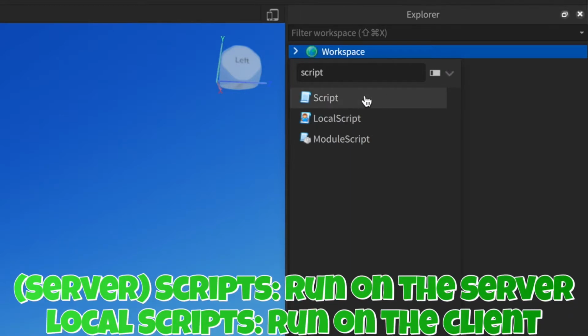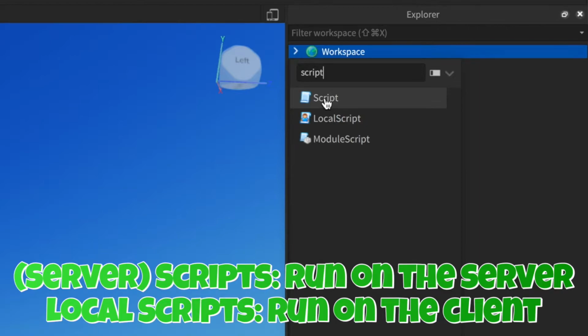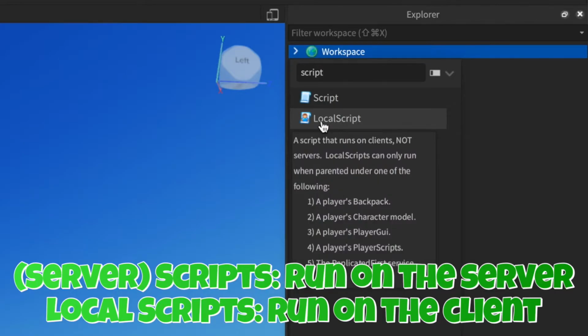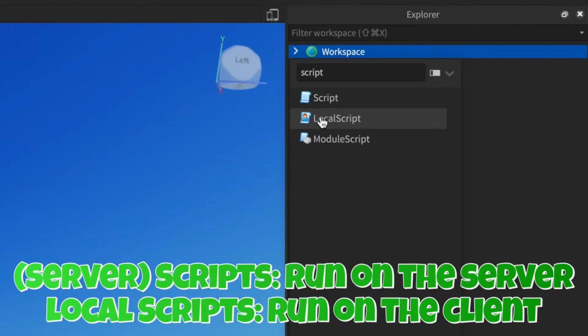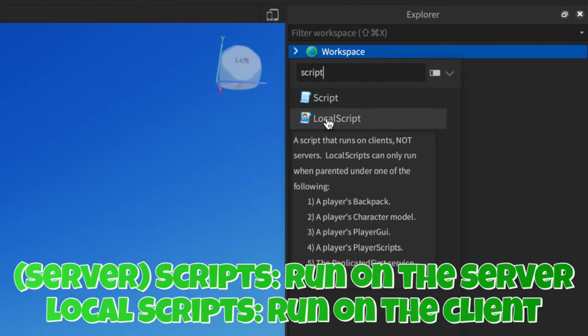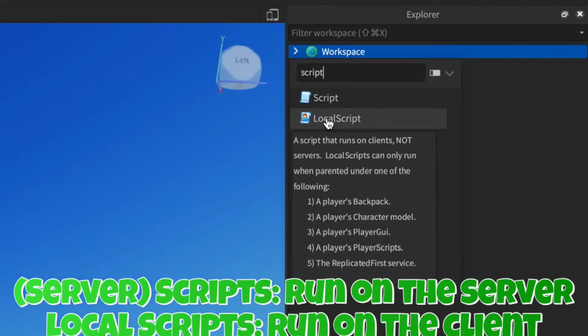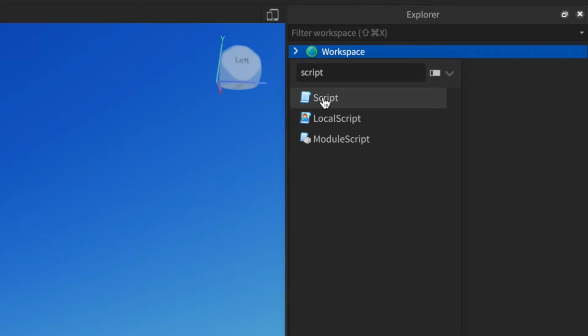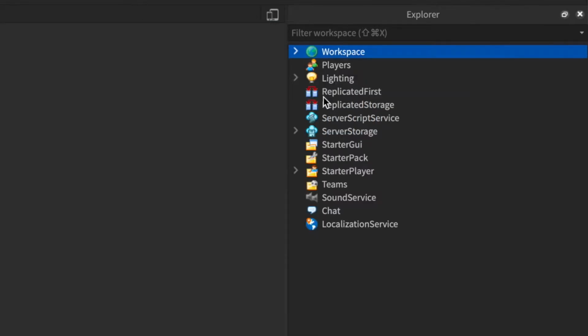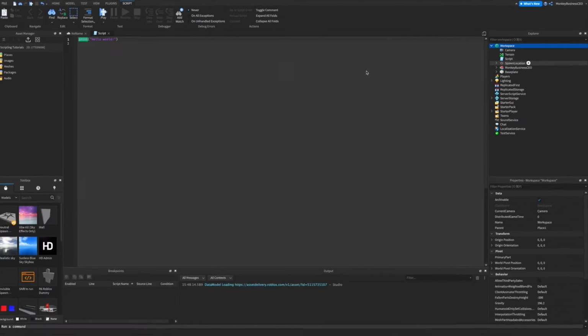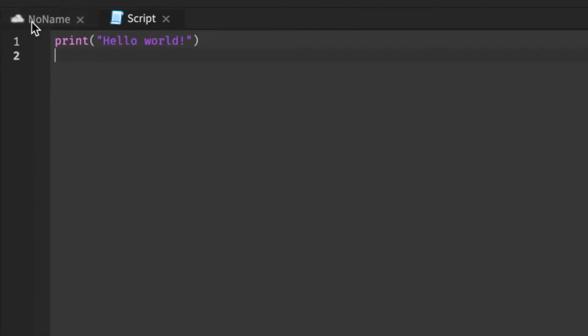So as I said before, this script will run on the server, and that means that it will affect the whole server when players are playing, and then a local script will just affect that individual player on its own. So local scripts are going to be good for GUIs and just code that you want to run only for that client specifically. So we're going to add a normal script into the workspace, and then if you just run